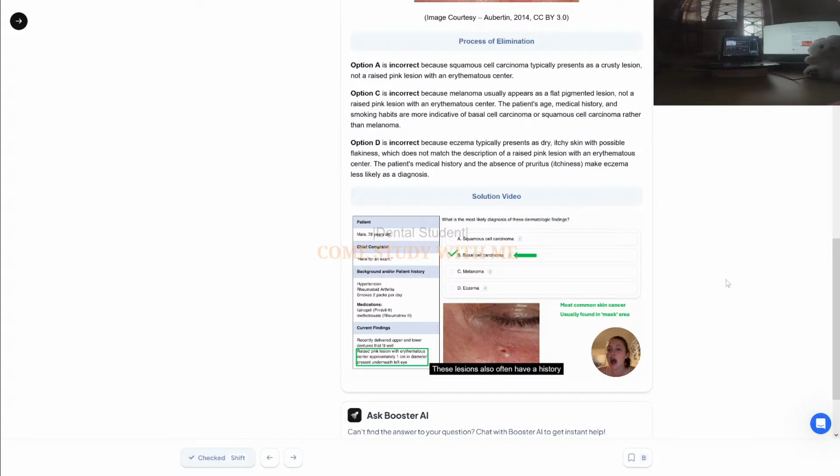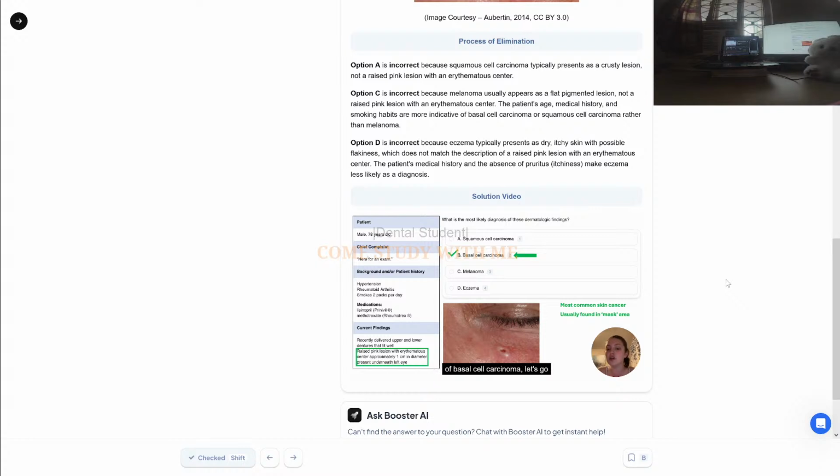These lesions also often have a history of intermittent bleeding and then healing, making the patient think that they may have scratched the lesion. This is treated via scalpel excision, radiation therapy, or Mohs micrographically controlled surgery, and the prognosis is usually excellent. Now, although this is certainly the correct answer, and we're seeing a pretty textbook example of basal